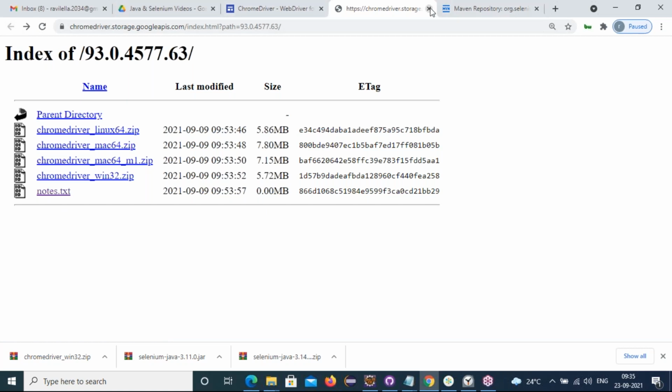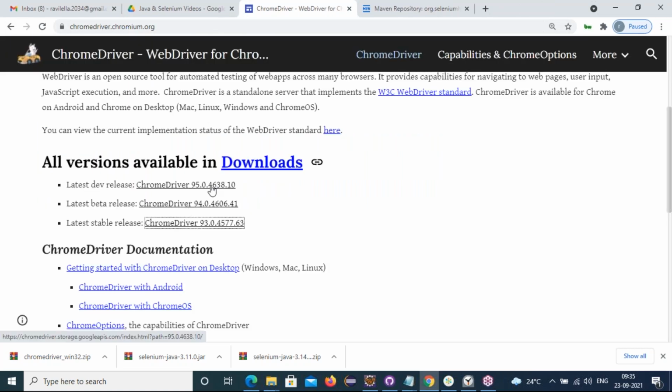Next, you have one more question. Ravi, okay, 95 is there, 94 is there, 93 is there. If I want lower versions of Chrome, I'm not able to see them, right? How can we get that? Suppose a client is asking to execute. Now 93 is going on. The client says, Ravi, can you please run the application not on the 90 series, but on the 80 series highest version, on the 70 series highest version?